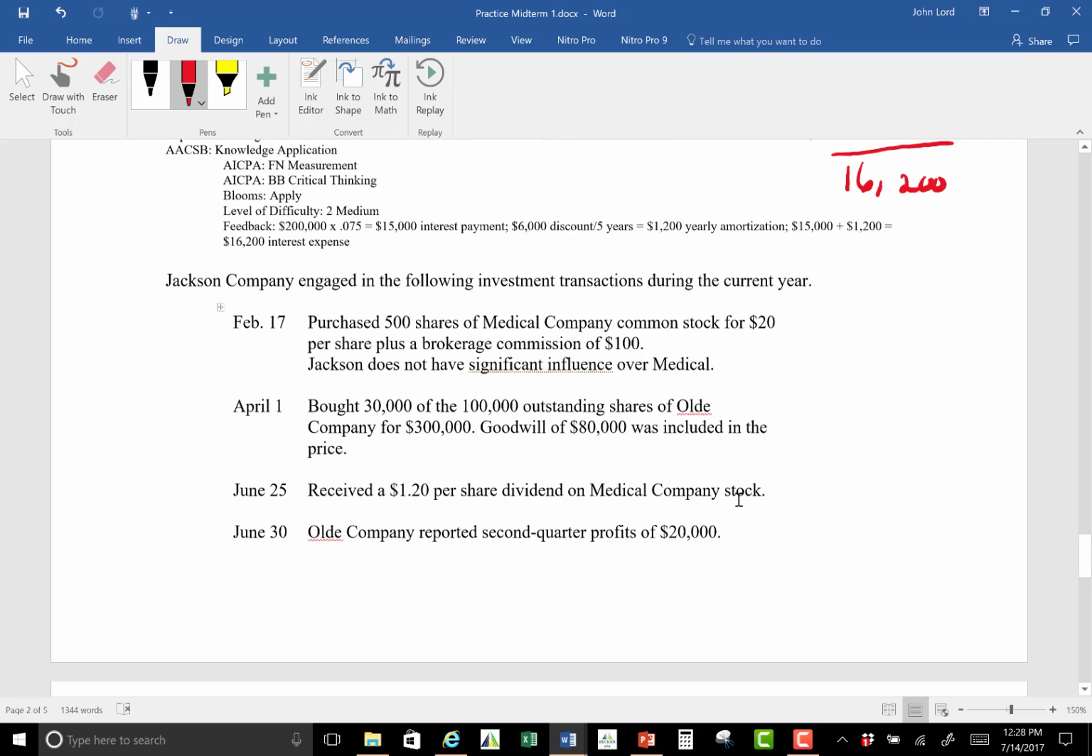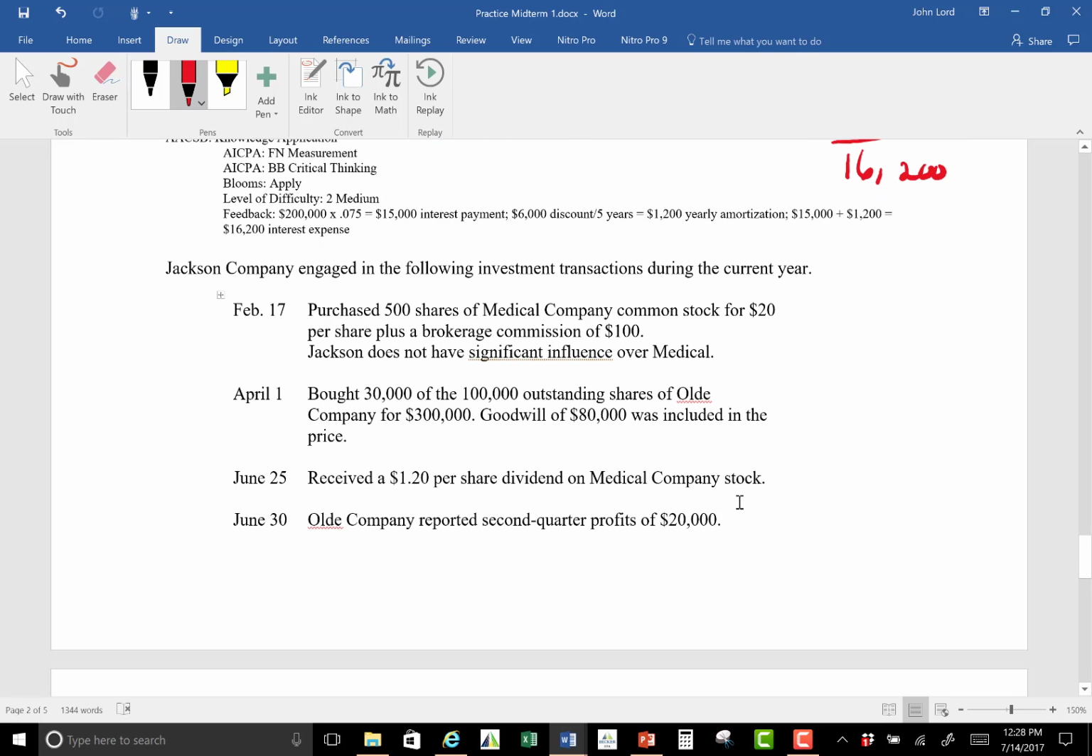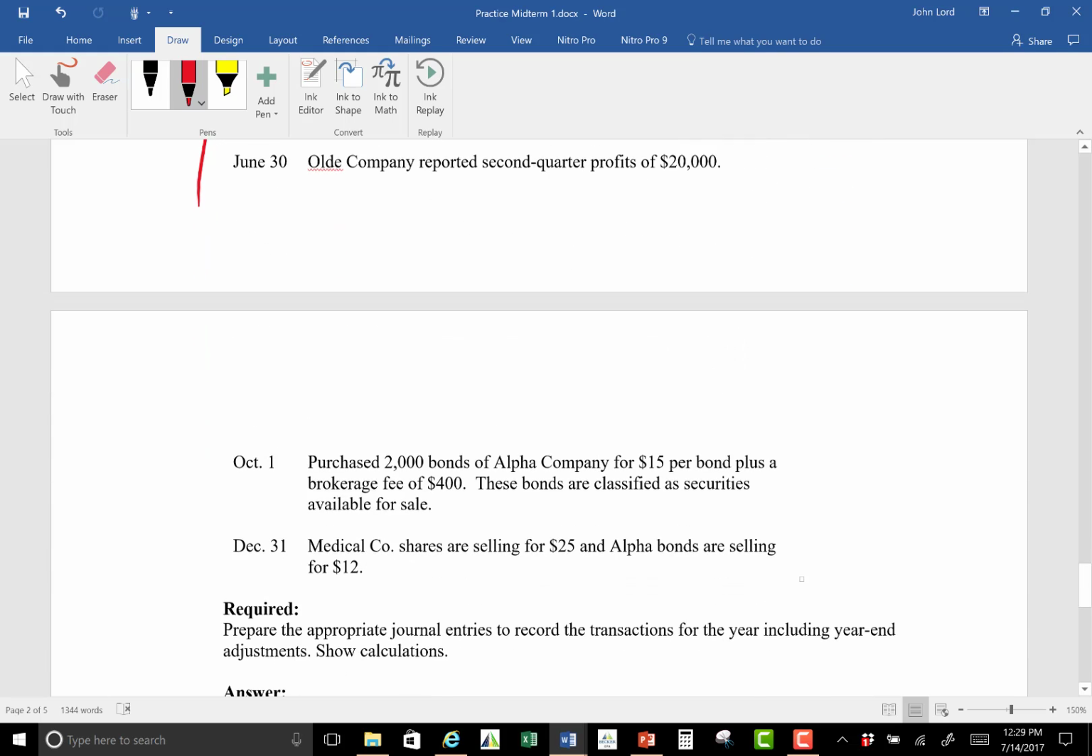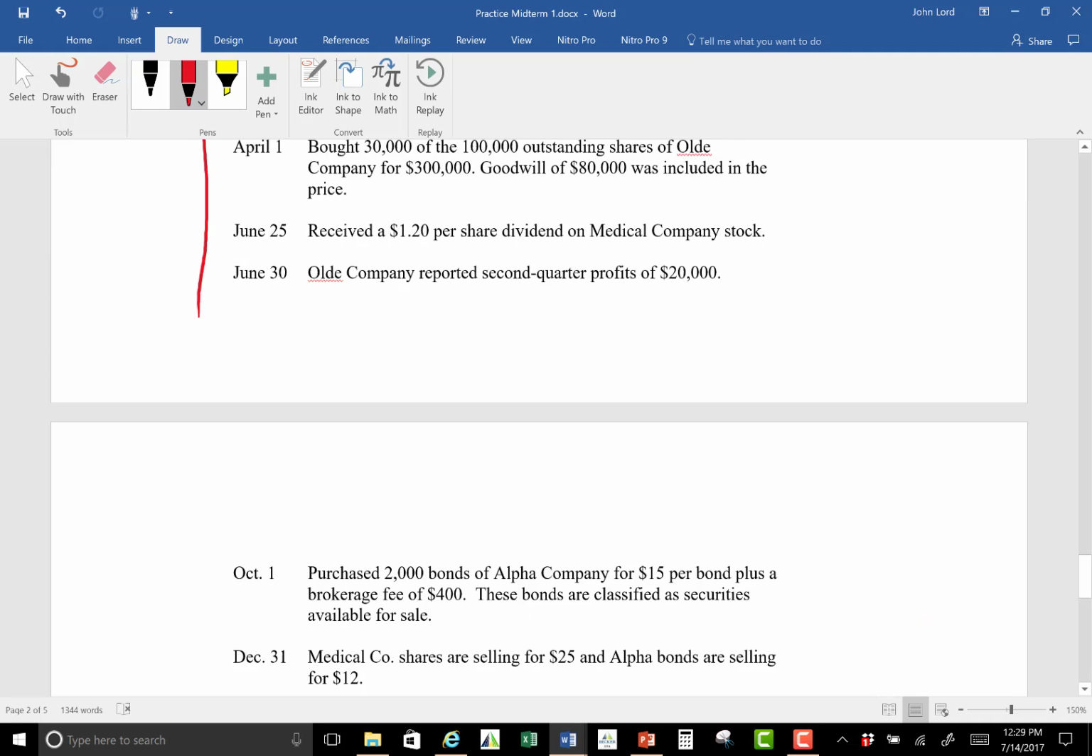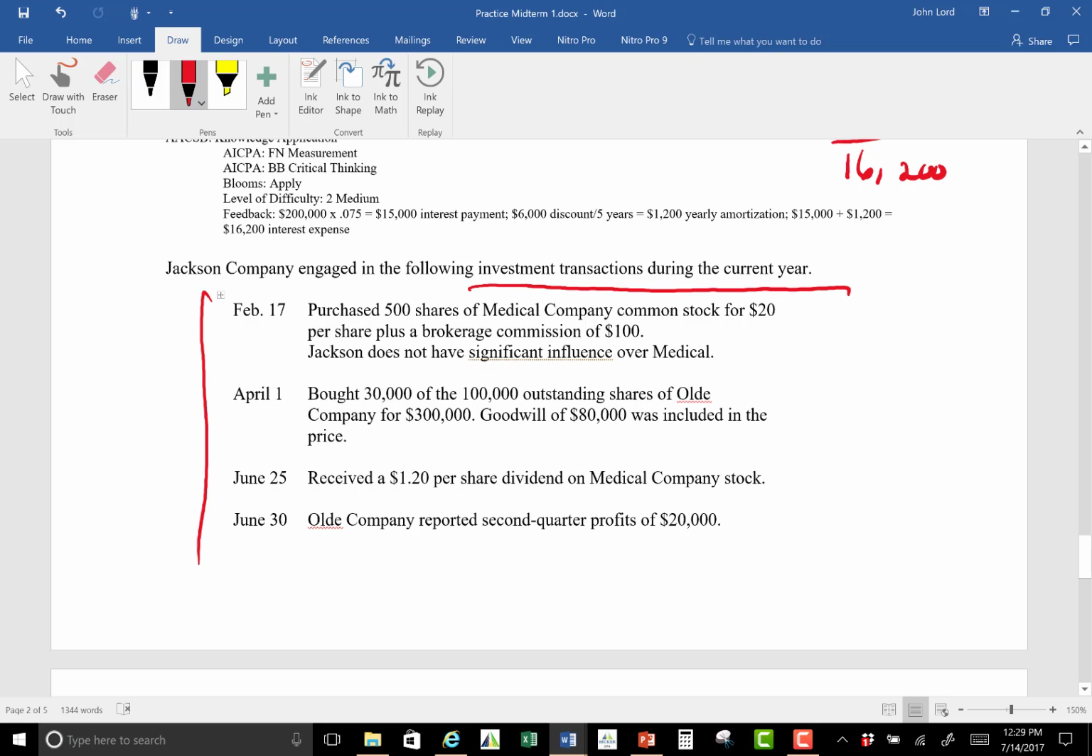All right, let's do this free response question, and let's get out of here. Okay, so we've got them making investments. We have these different dates here for the different investments, and the question now wants you to make journal entries for those transactions. I don't know that you have to show calculations, okay? But let's take a look at these transactions and see if we can figure out